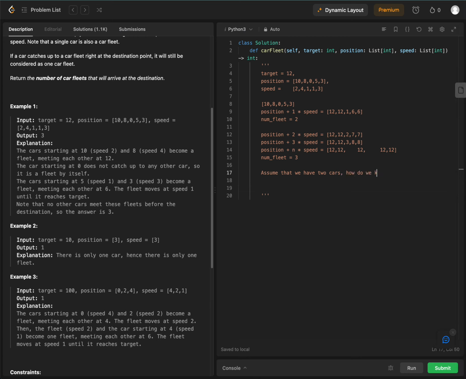how do we know if they become a fleet? The main thing is, when you have 2 cars, the way to know whether or not